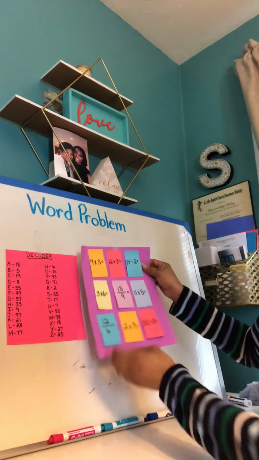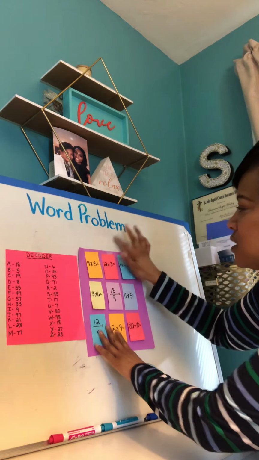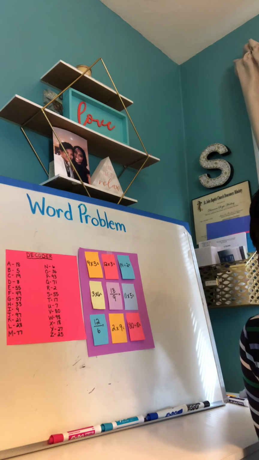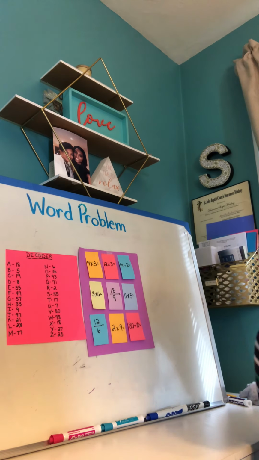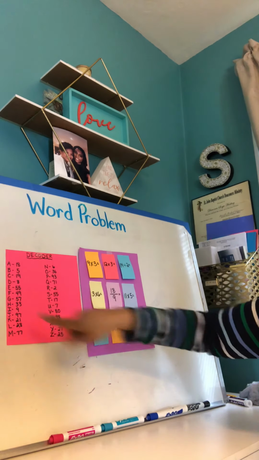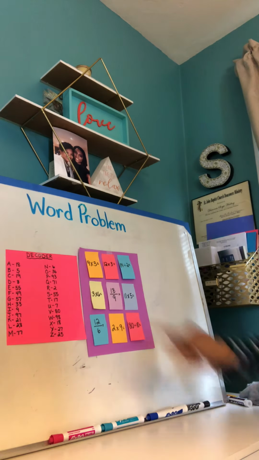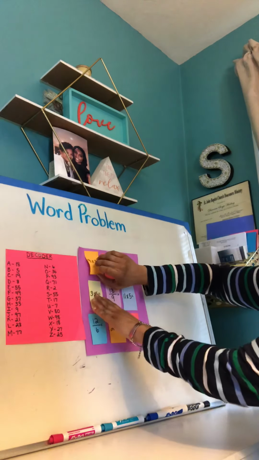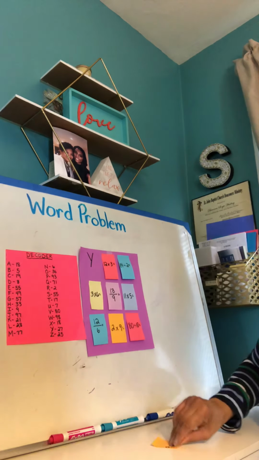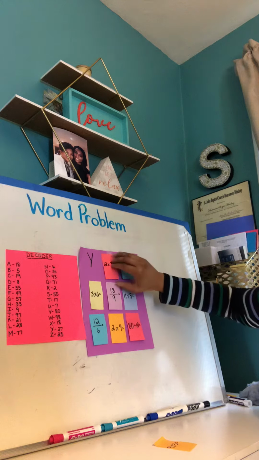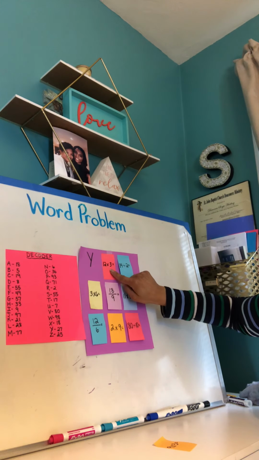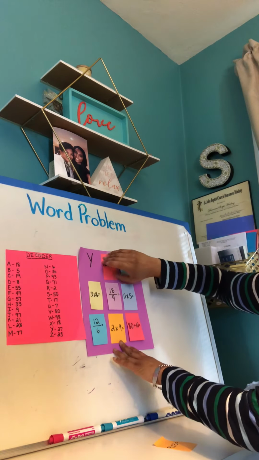And here are the equations that you had to solve. So let's go over that together. Again, you had to find the answer and then find the letter that matches that answer. So 9 times 3, it gives us 27. That goes with the letter Y. 12 times 3, 36. That goes with the letter